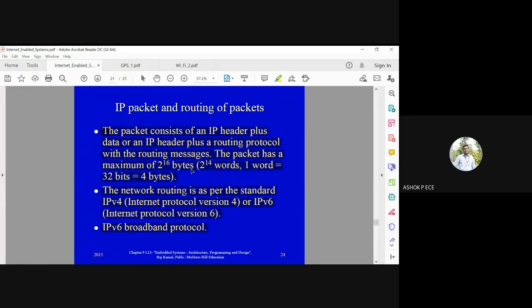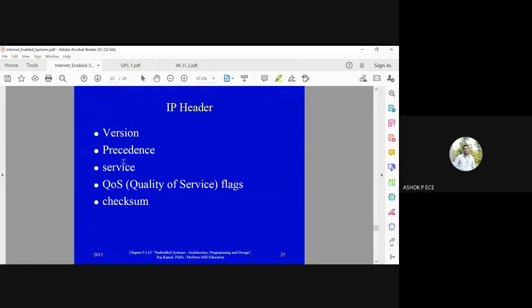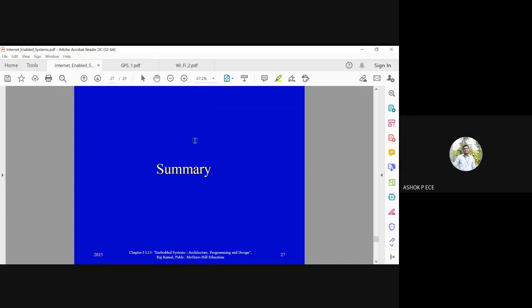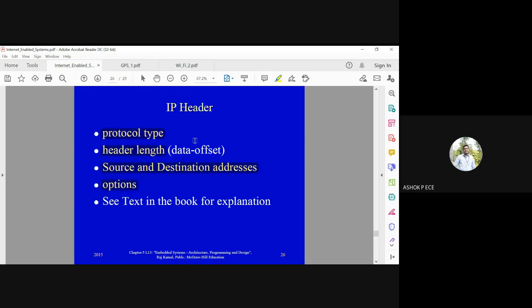Okay. So the different fields in the IP header: you have the version, precedence, service, QoS, and checksum. And protocol type, you have the header length, you have source and destination address, you have options, and other fields which are there in the IP header. So this is one thing which we want to discuss because we are dealing with sensor-based data transfer, right? So these are the protocols which are used. TCP and UDP are the mostly used protocols in the